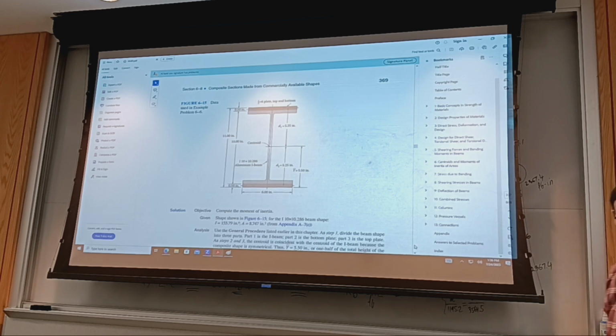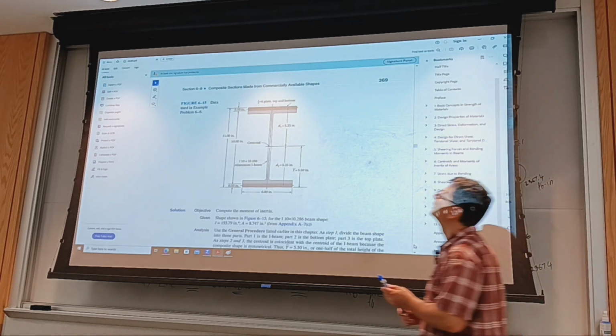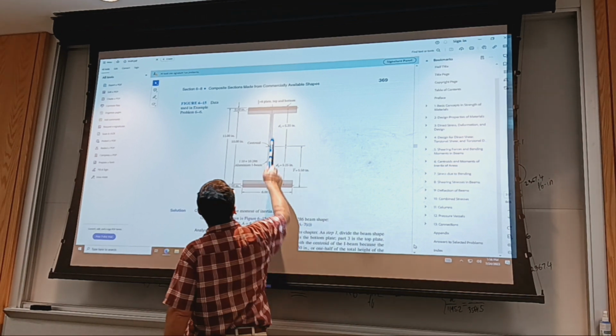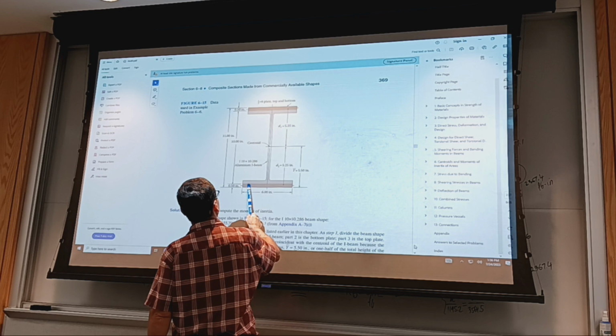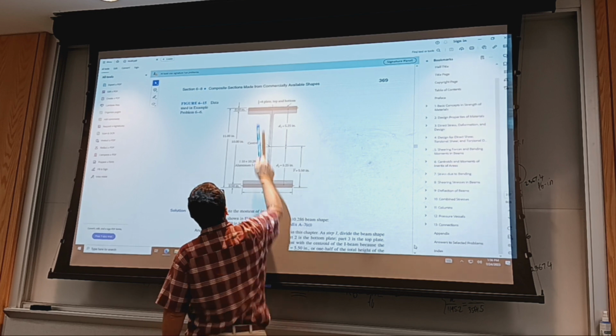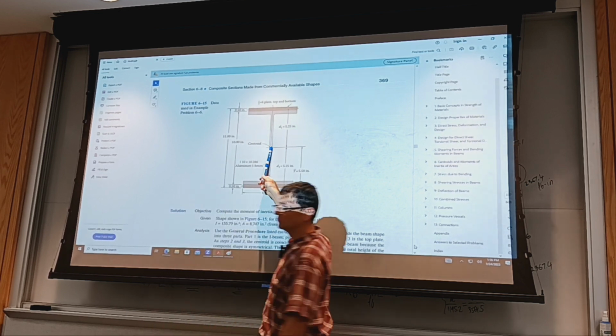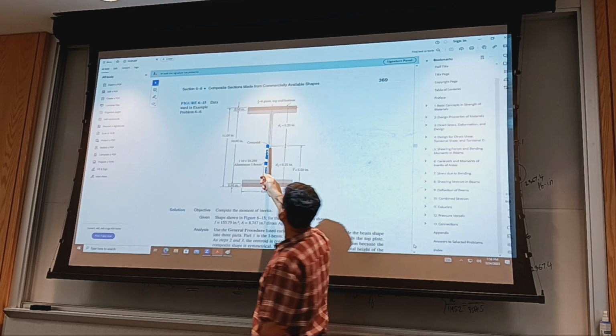Yeah, here's an example of a fabricated beam. So we have an I-beam, and because you have added plank or plate on both sides, the centroid will be in the middle. So you can start